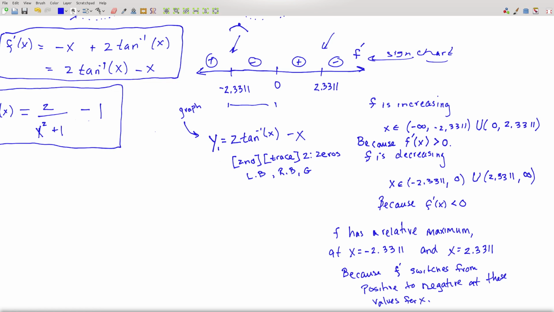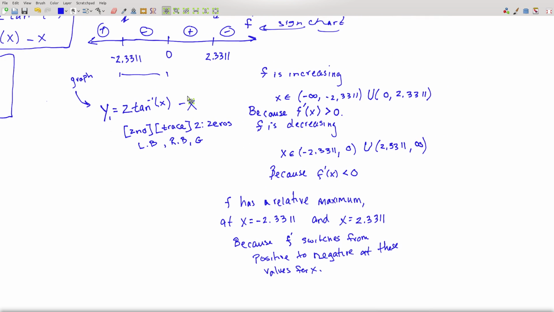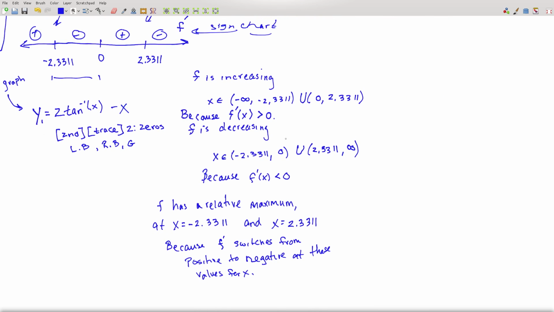What about where are the relative minimum values? Let's see if we can find those. Let's find the relative minimum values. Hopefully I can still see my sign chart. Yes, I think I can still see my sign chart if I slide this over here like this. Okay, f has a relative minimum